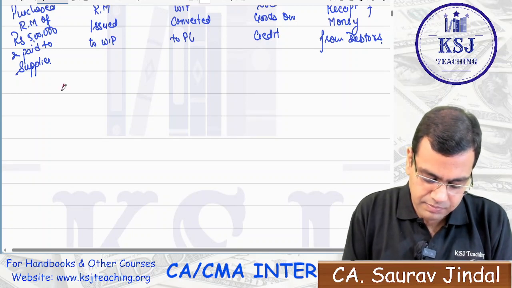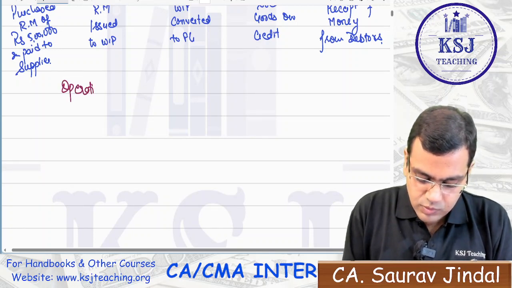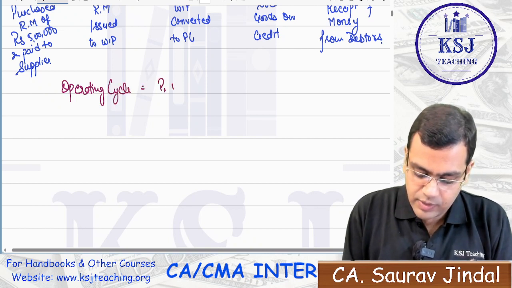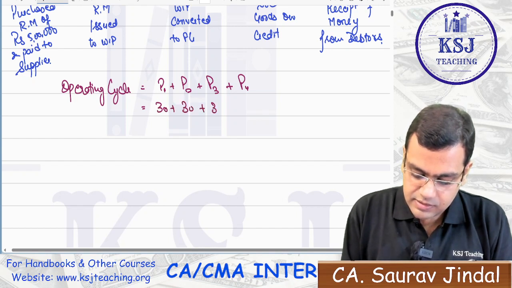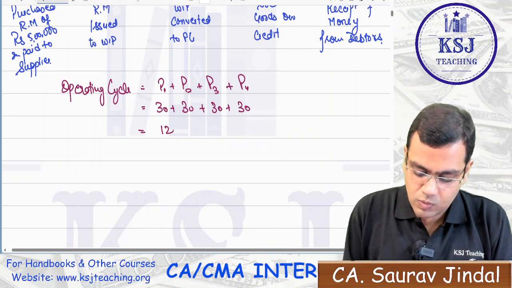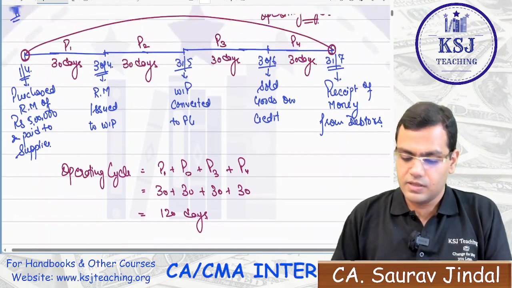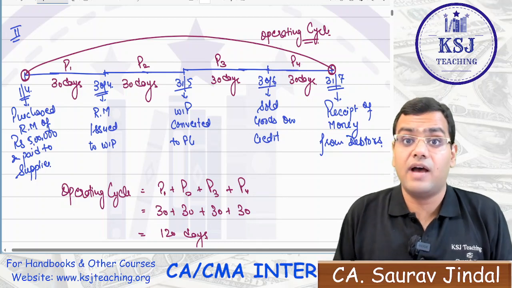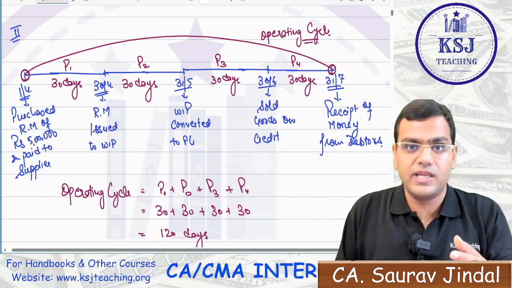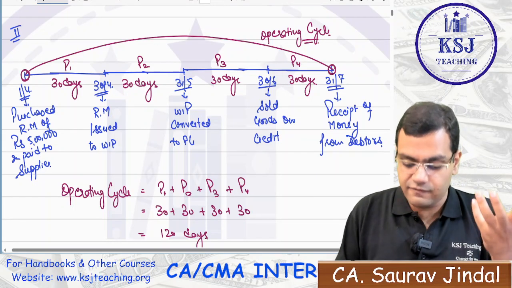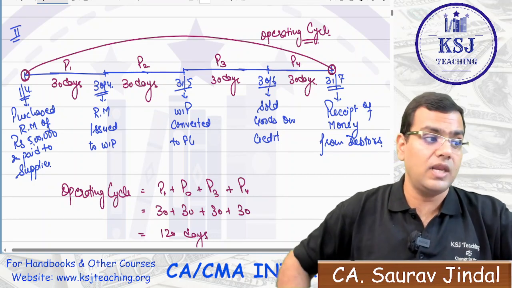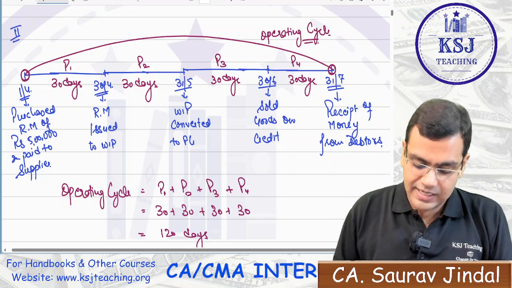What is going to be the operating cycle here, sir? Operating cycle here is P1 plus P2 plus P3 plus P4, right? So that is 30 plus 30 plus 30 plus 30, that is 120 days. Clear? So this is scenario number 2, when you have the credit sales and the amount that you have invested on the raw material in the beginning, you will be recovering that amount only when you receive the money from debtors, right? When are you going to recover that amount? Only and only when you are going to receive the money from the debtors. The next scenario,